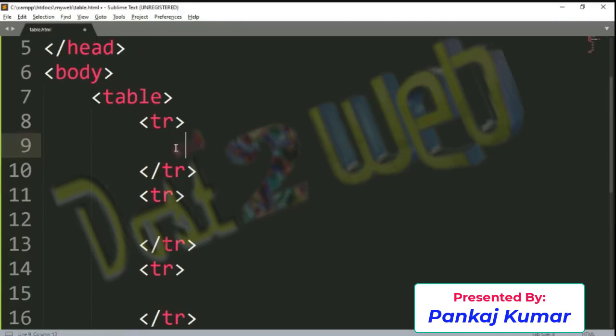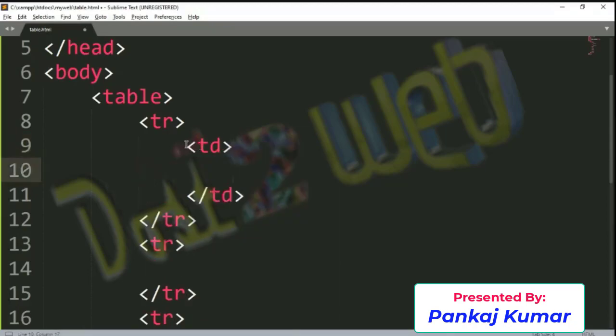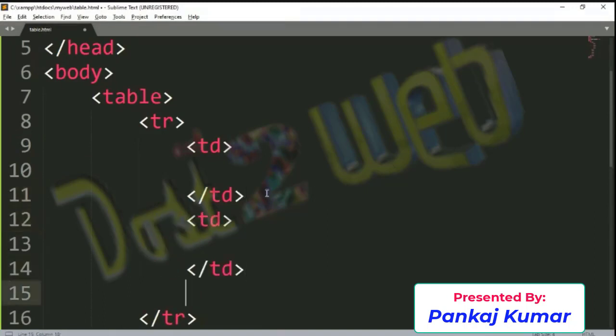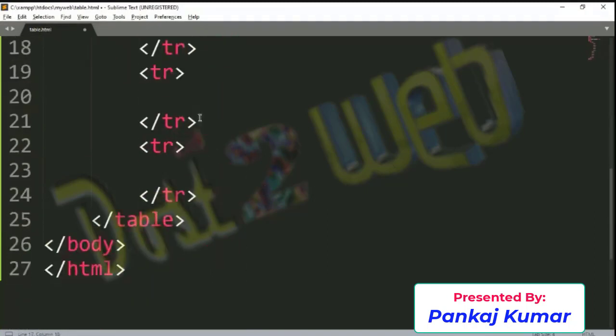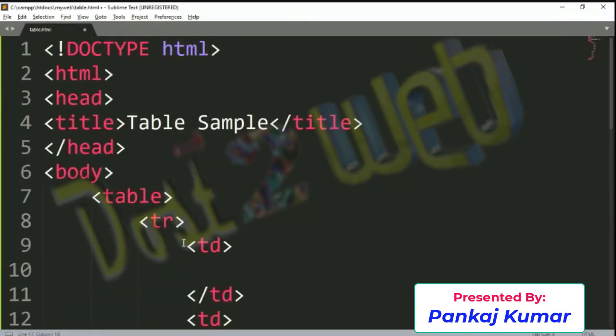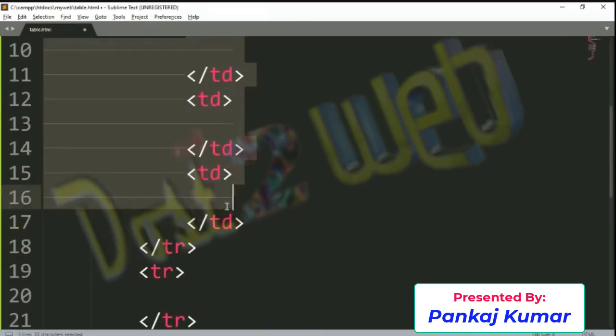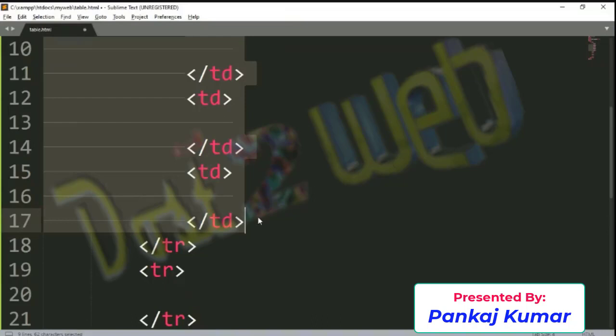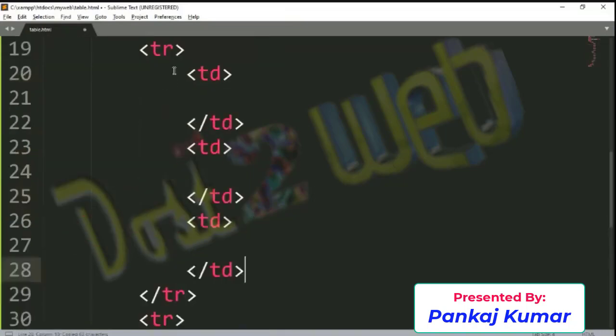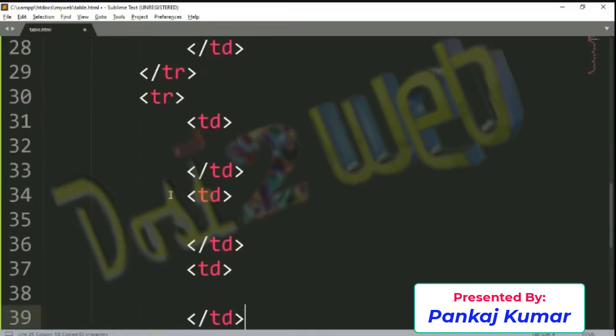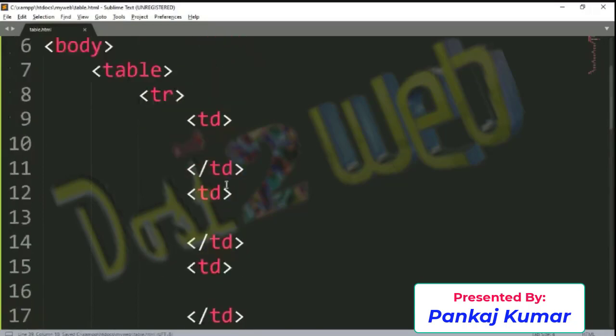For data you are going to use table data. How many table data you use defines how many columns you want. So 3 columns. I'll keep this layout, so 3 rows and 3 columns I'm going to make.